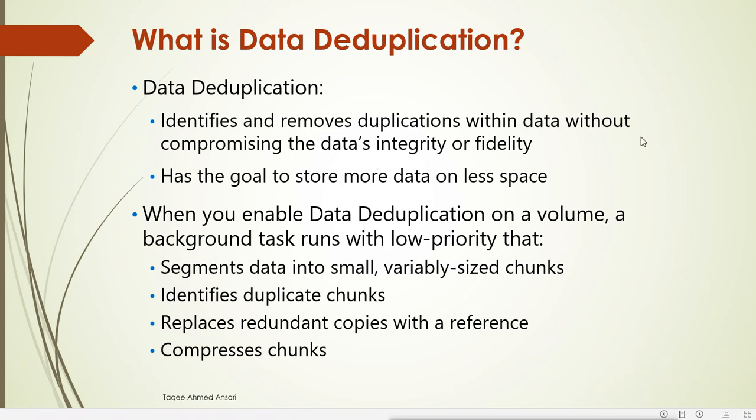So users will not see the difference. Users feel that the data is there in their home directory. Whenever they access their home directory, they will see the file. But actually the file is in a centralized space, and only the references of those copies are kept. By doing this, it removes the extra 8 GB of space and keeps only that 4 GB, and that is how it saves space.